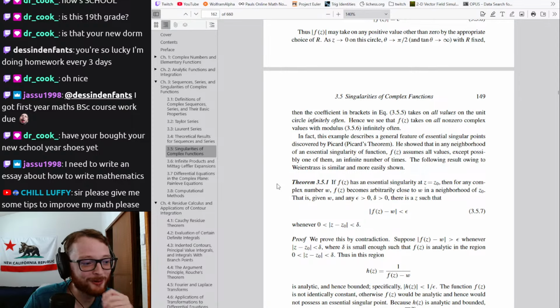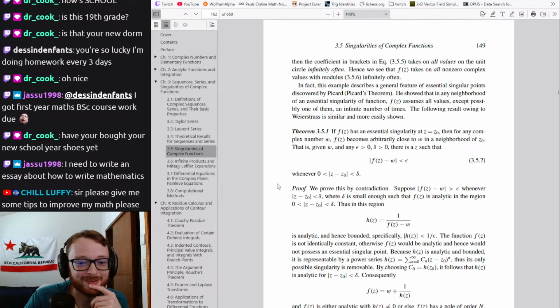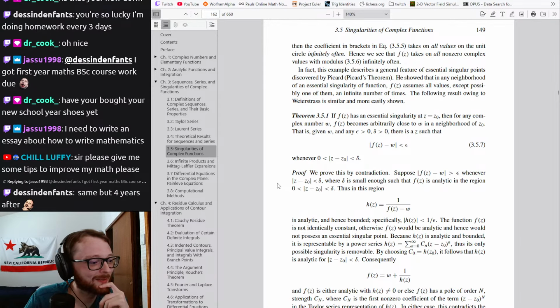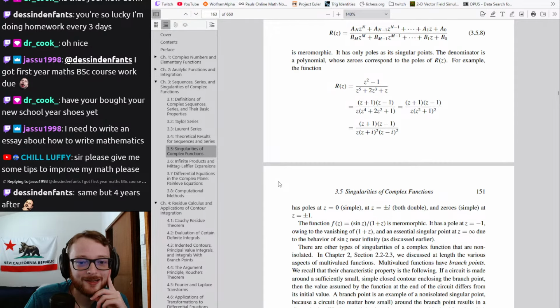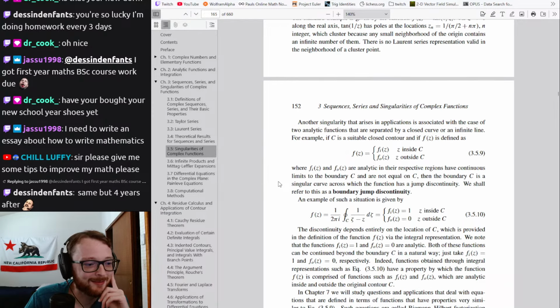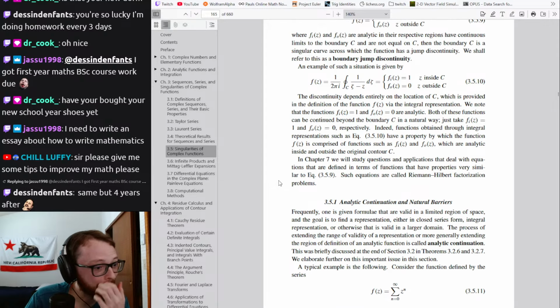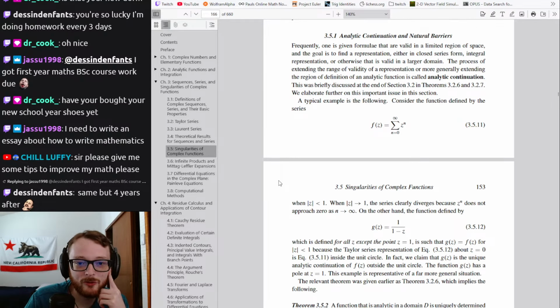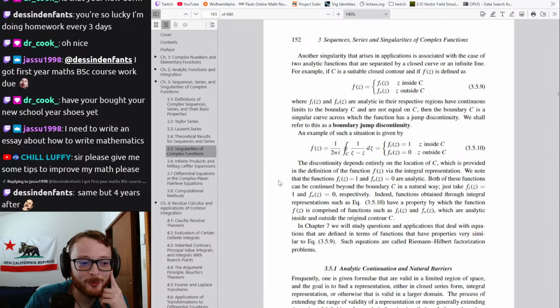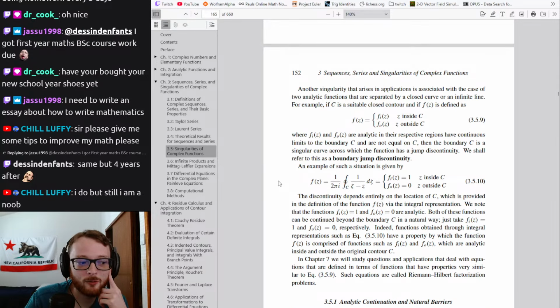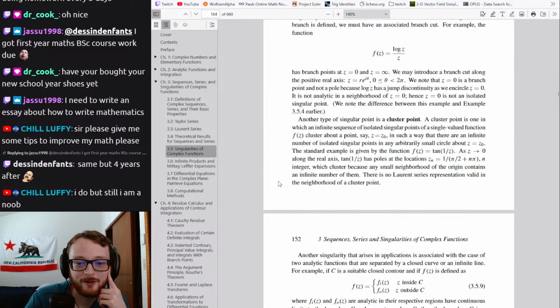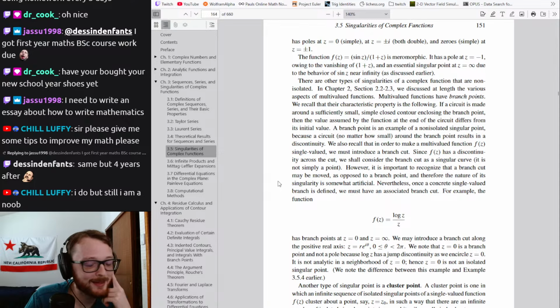Cook, I have actually been on a whole quest to get new shoes. Chill, Luffy, there really is no secret. You just have to practice a lot, unfortunately. So, I have wide feet, and it makes it very difficult to find shoes that fit. I went to a Nordstrom Rack. I could not find a single pair of shoes that came in a wide size. I did some research. I found out that there's actually 2 stores in Seattle called Wide Shoes Only,